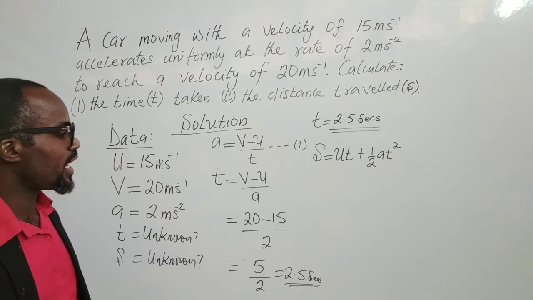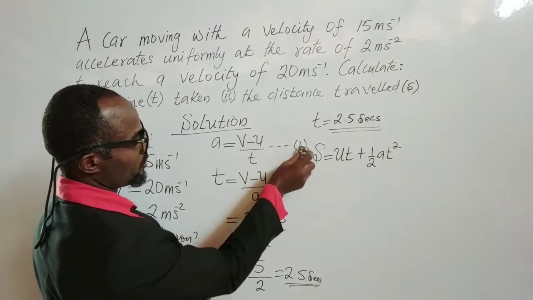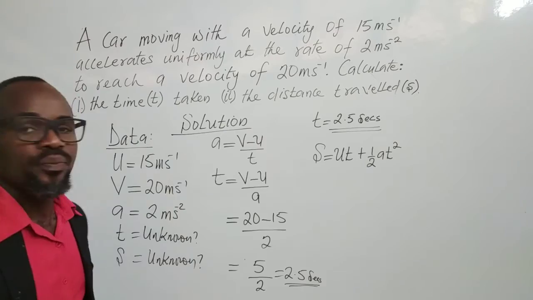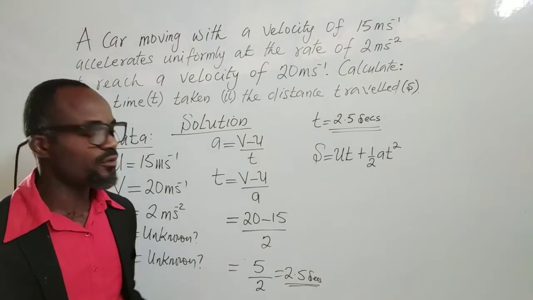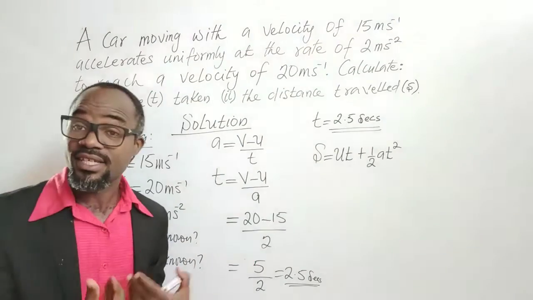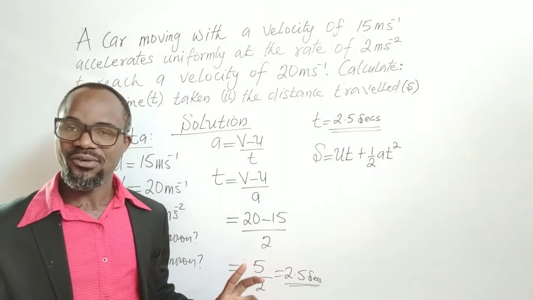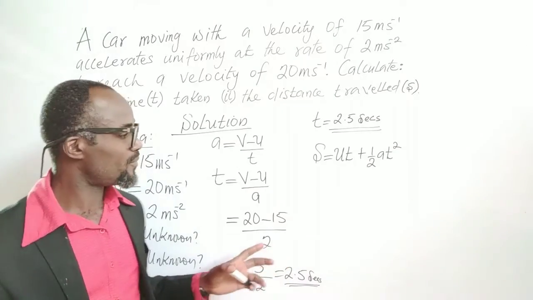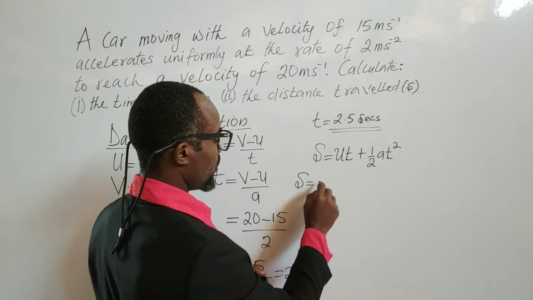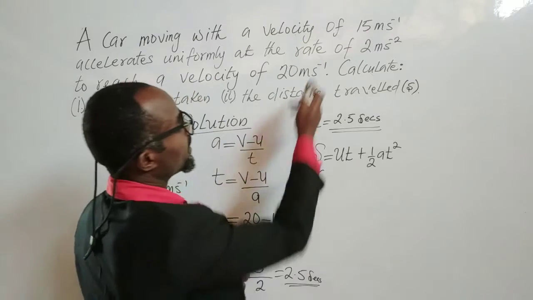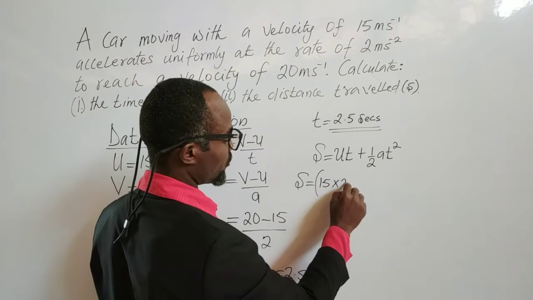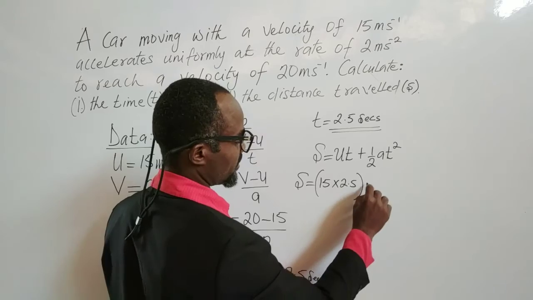This time around we need to clear certain things. We need to remove this, because it's no longer needed. Now, we have something very beautiful on the board that will help us to find the second quantity that we are looking for, the distance traveled. If we now consider the fact that the initial velocity has been given as 15, and time has been found to be 2.5,